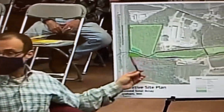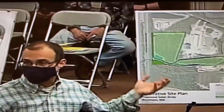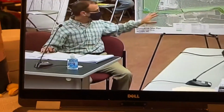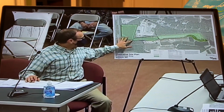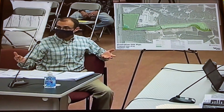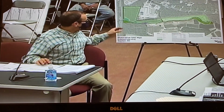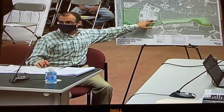And then down toward the southern end of the parcel, you can see again, these are the two stormwater basins that would be constructed to capture stormwater. There's not a lot of stormwater effort that's required on this site. The infiltration was fairly good, and the change in land use was not that great because a large portion of the site was already previously cleared. So we have that taken care of. And then in terms of impacts in jurisdictional areas for the commission, we have a small amount of impact, a little under about 4,700 square feet of impact within